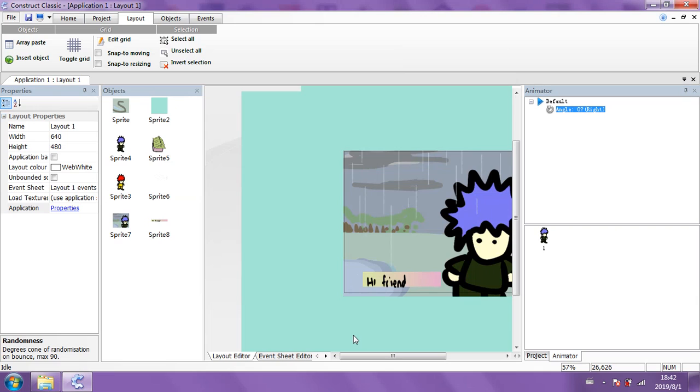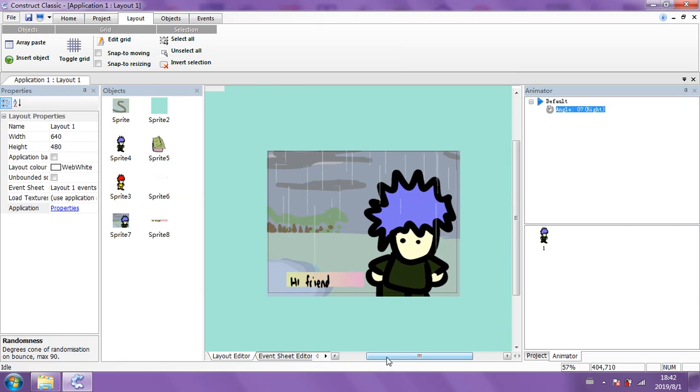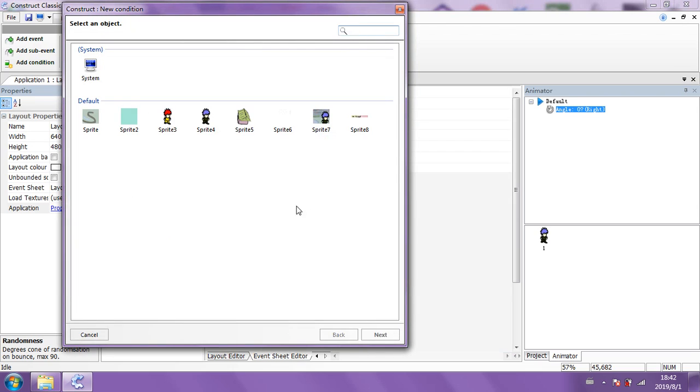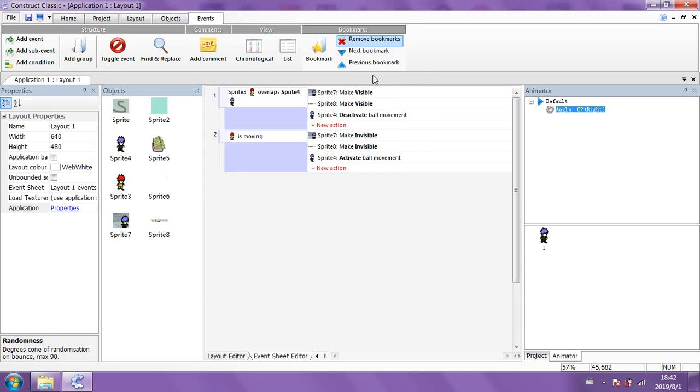Now what about, let's imagine something here. Let's imagine that we want to add another something here. If I right click and go insert event and click on, well, we need to add something different actually. I could have it so that I have a simple arrow press basically, but I don't think that would work really well with this. I think the best thing to do would be to use a mouse.